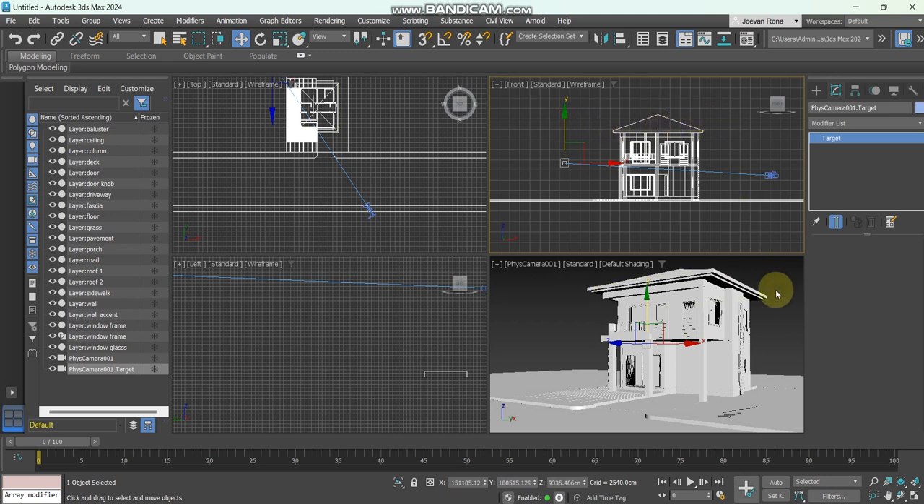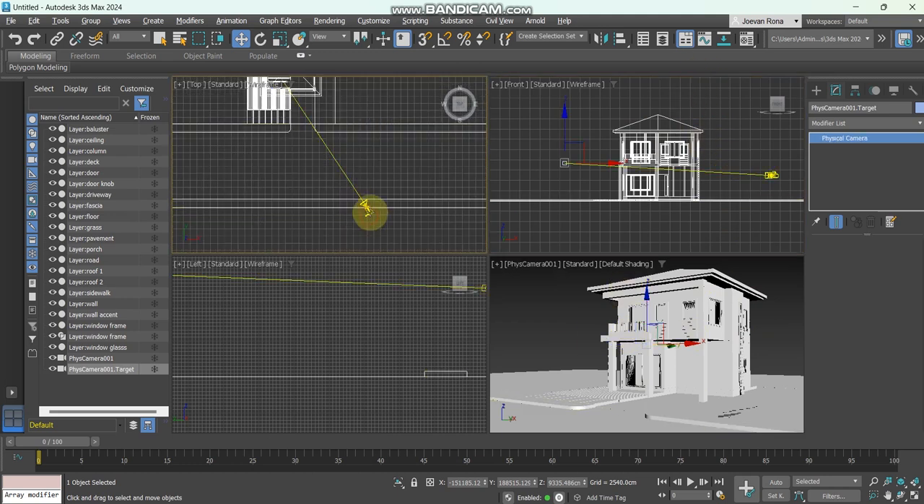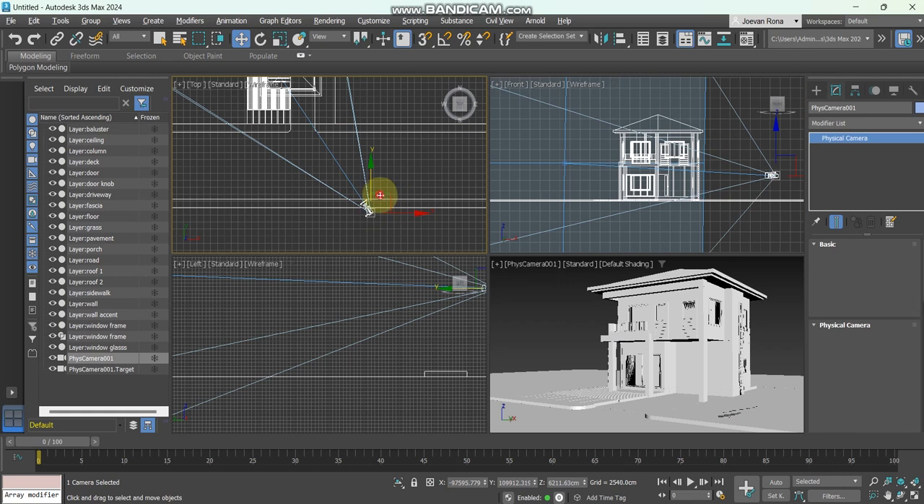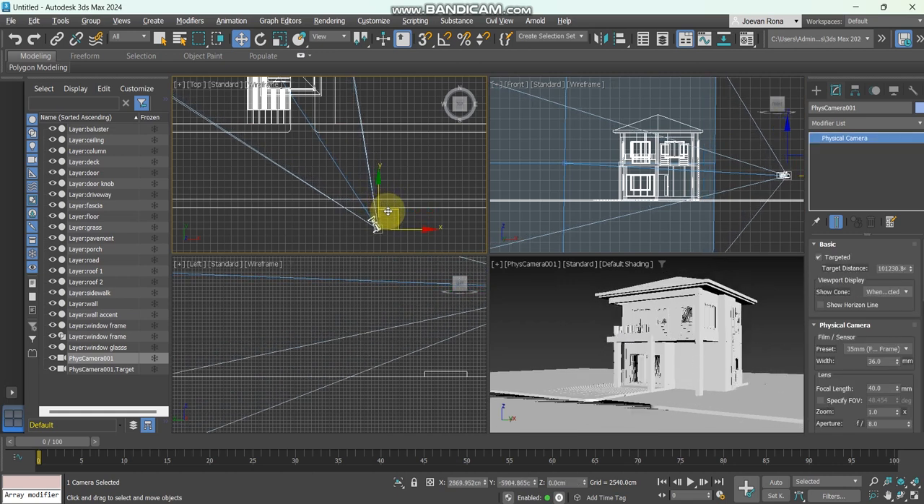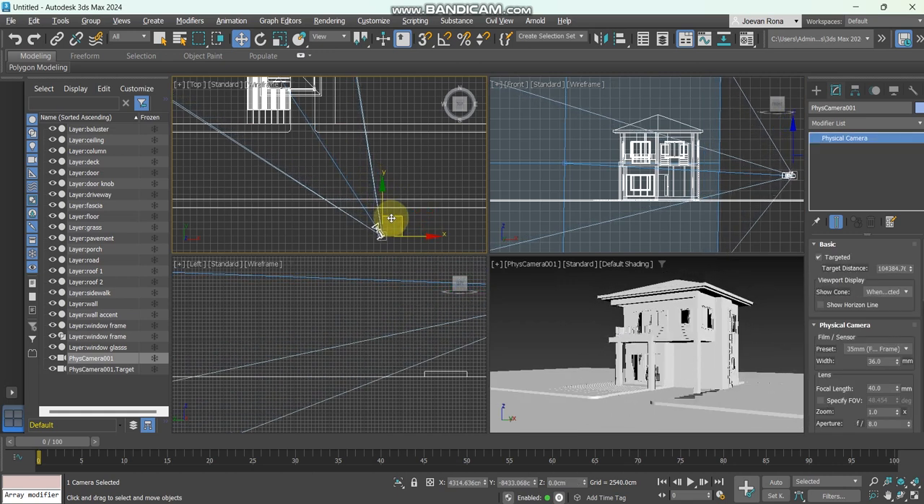So now we have our camera view following the rule of thirds. So we're just going to move this backwards, and then we will adjust the